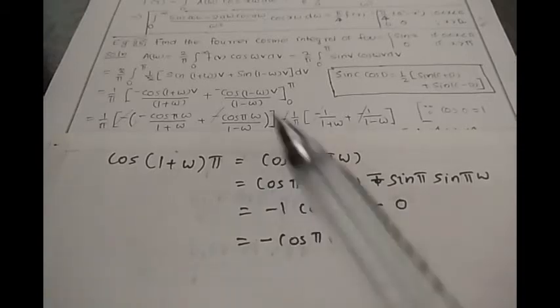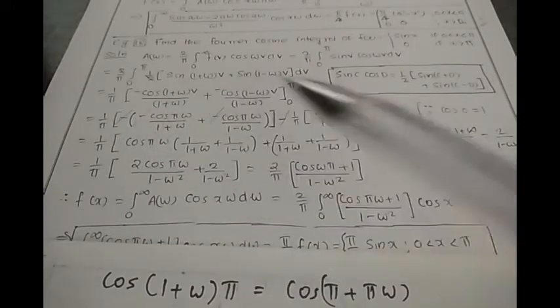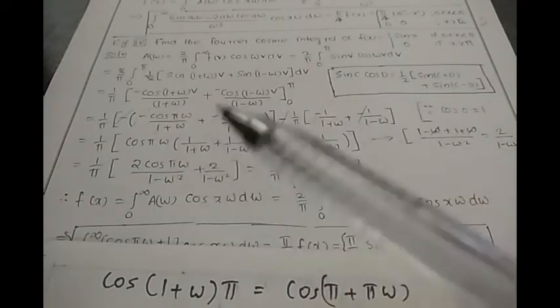So we see that in the second term also we have minus cos pi omega, and this minus is taken out here. In both terms we see minus, this minus is taken out, and this answer is cos pi omega. This answer is also cos pi omega. This is about the upper limit I have applied. And divided by 1 plus omega, divided by 1 minus omega, is the same.